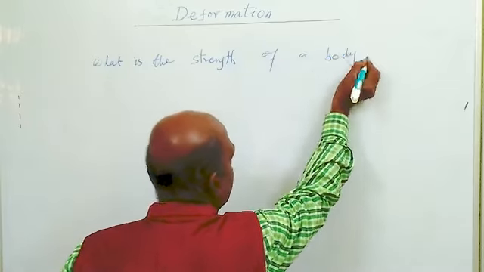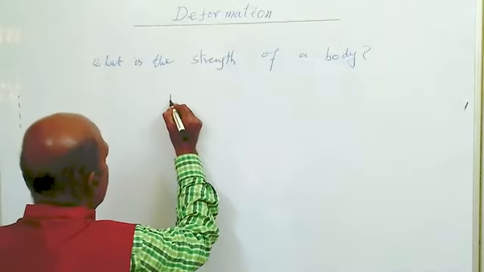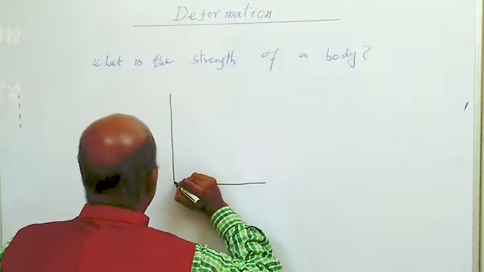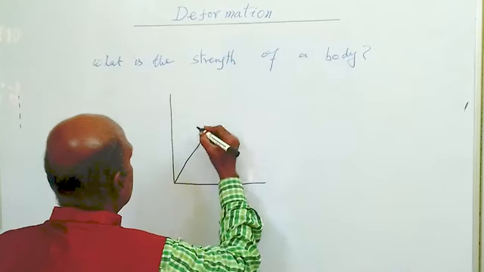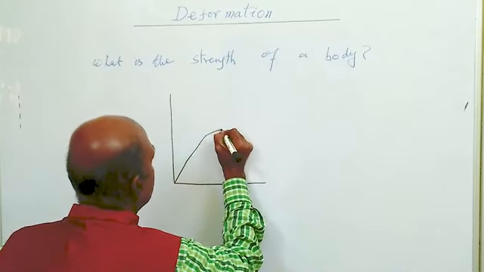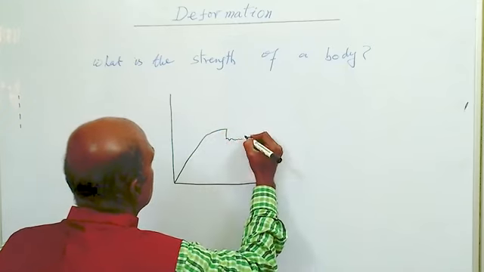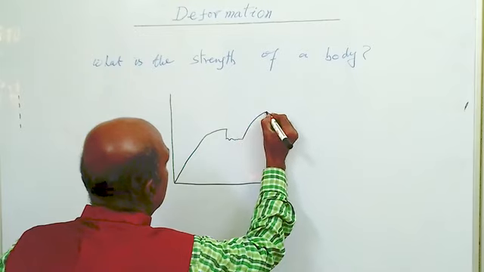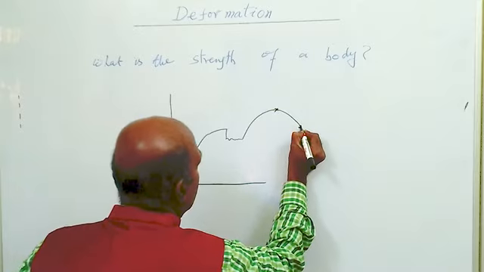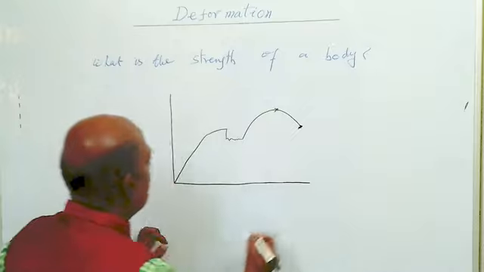So we have seen the stress strain diagram of a body. For a ductile body, if we draw the stress strain diagram, the diagram is a straight line for some distance. After that, it will slightly bend. After that, the inclination will be more. Then it will come down. Then there will be a sawtooth type formation. Then the curve will rise, and the maximum stress obtained in the curve is here, and the body will break down here. This is the curve obtained for mild steel.